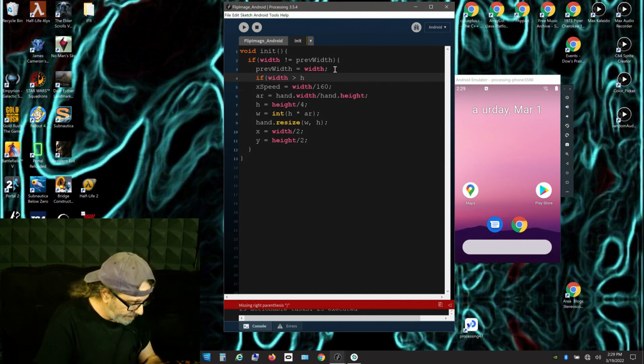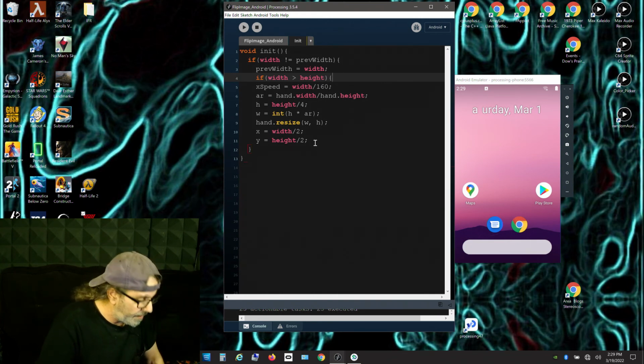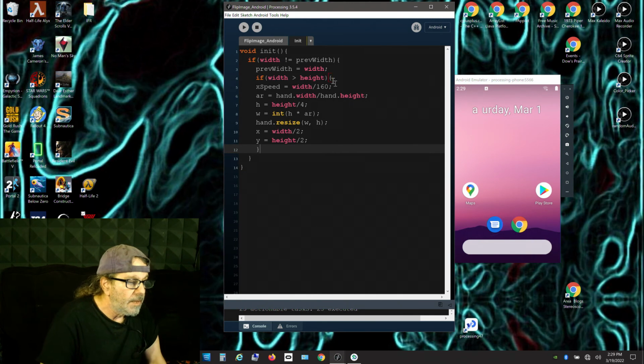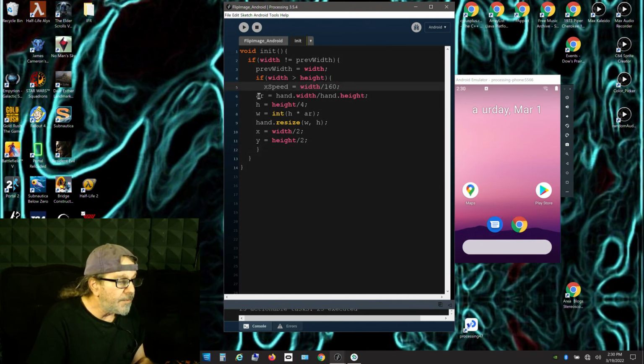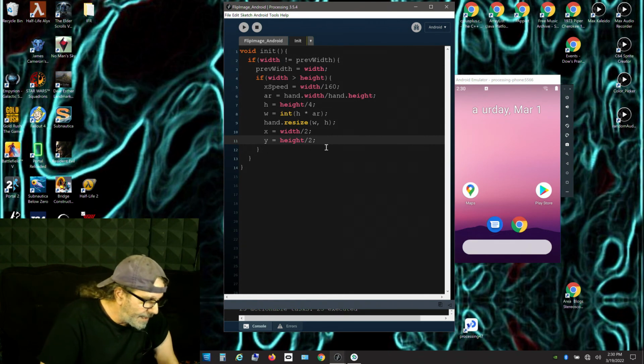Oops, geez, oh Pete. And if it's that, then we want to do some things. And let me see, this is pretty much what we want to do actually, but let's do that. Now, everything is pretty much the same. What we're doing here is we're first checking to see if the width, I like to indent these, if the width is greater than the height,